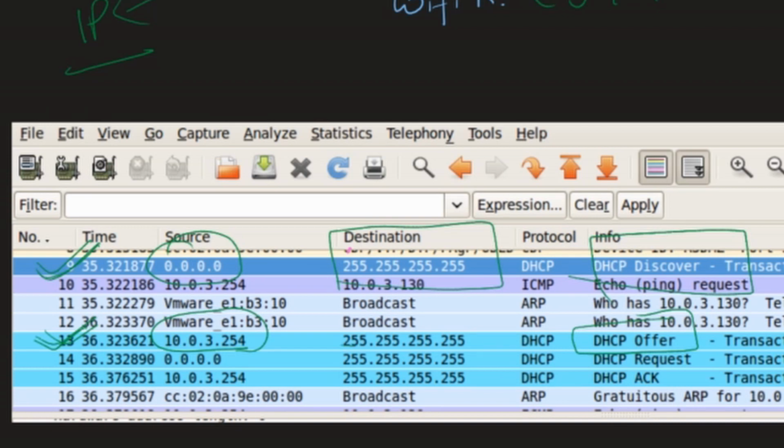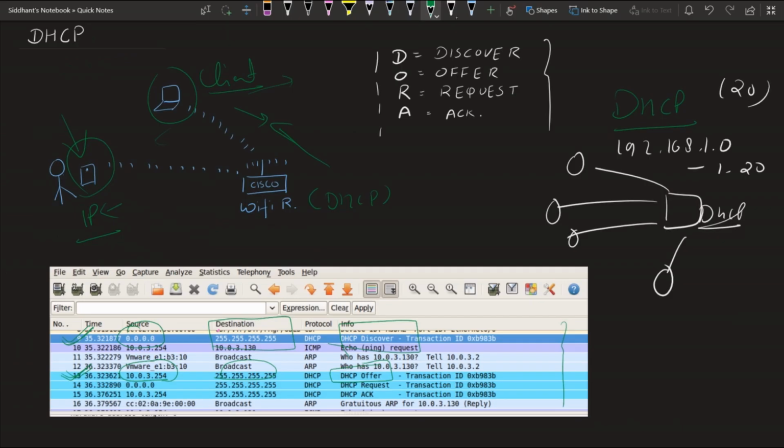The destination will be 255.255.255.255 because the client has still not been assigned an IP address. So the DHCP server will broadcast its offer packet to the client, and the client will receive it.